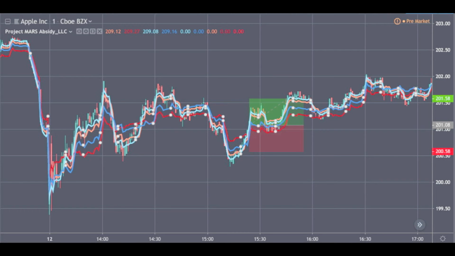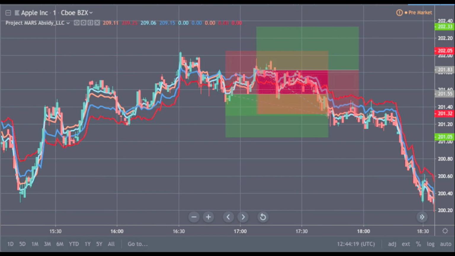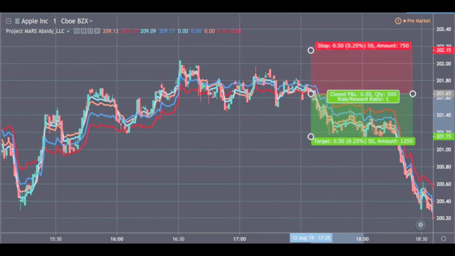Then, just after 4 o'clock, we have more confirming signals with the light lines crossing over the dark lines. Again, it just barely hits our take profit in this example. Then, just after 5 o'clock in the evening, we get caught in a range that results in one profitable trade that hits our 50-cent take profit and one trade that generates losses that hits our 50-cent stop loss. The profitable trade actually leads to the emergence of a great downtrend that exists until 7 o'clock in the evening,